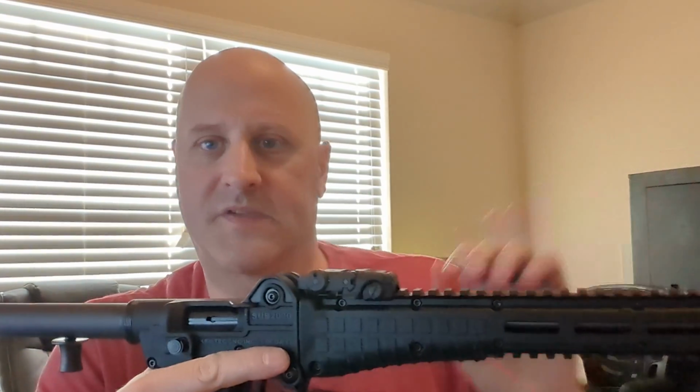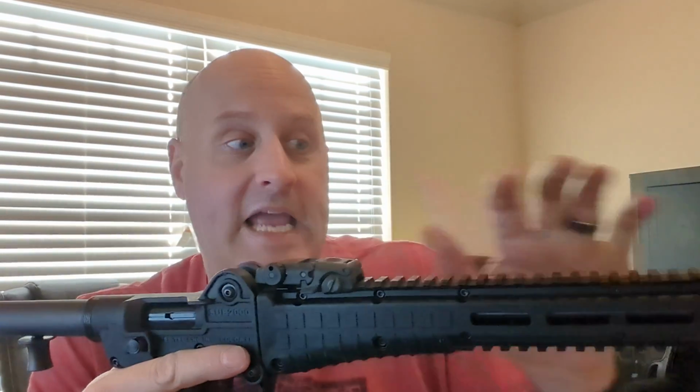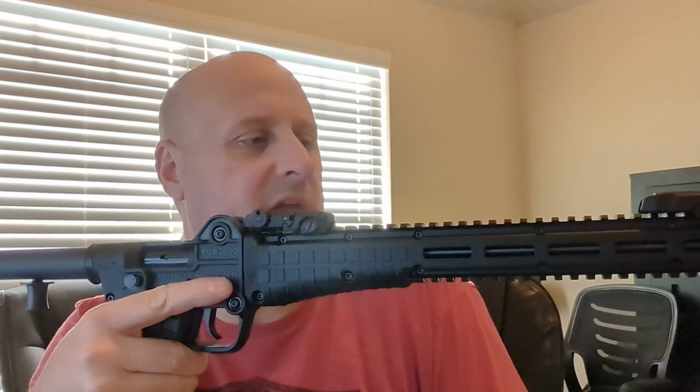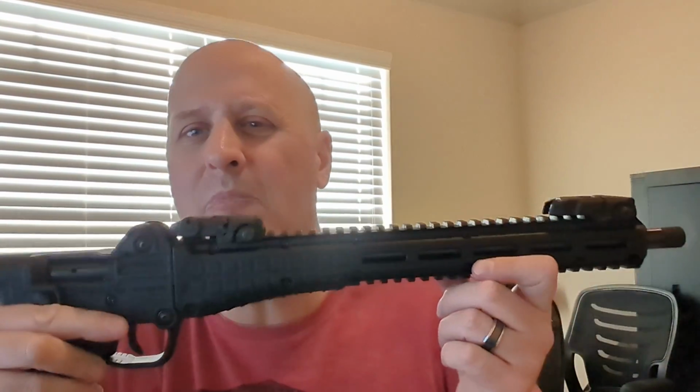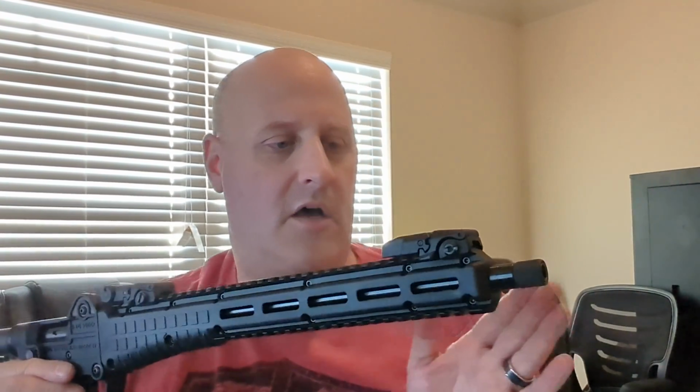I got proper mag pulls. You can go get Troy. There are other high-end folding sights you can put on here if you want, Troy battle sights or something like that. You've got a laser, which is probably more of a visual deterrent than anything when you're using a weapon like this, because of the way it's on the side,